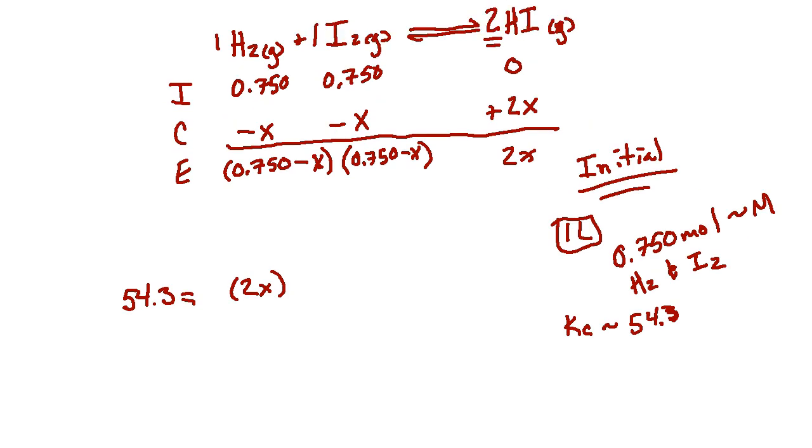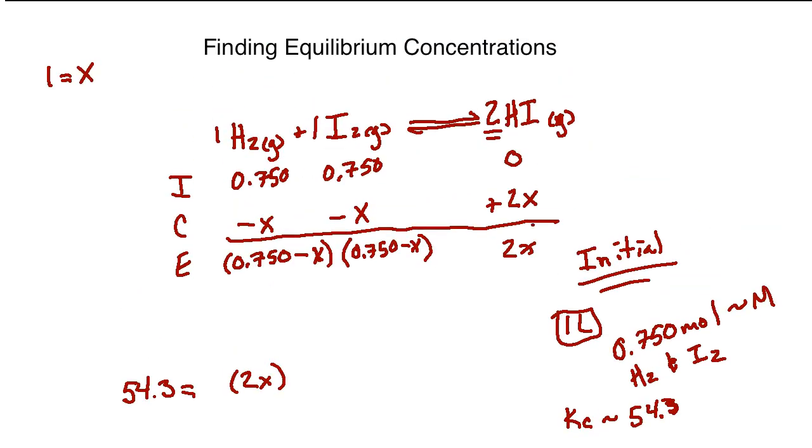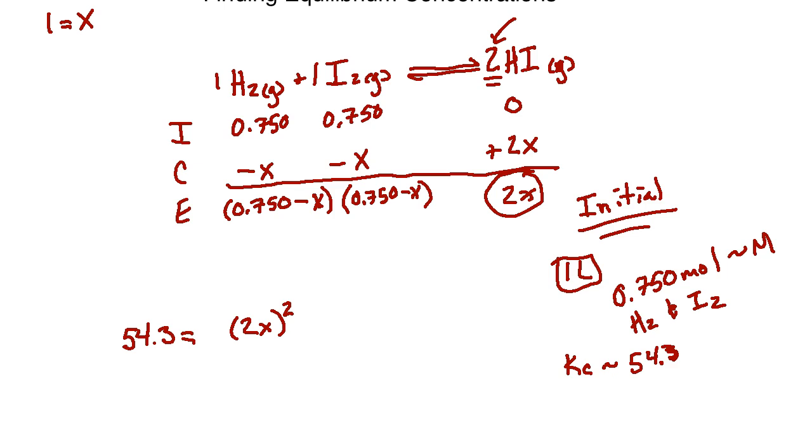So come back up here just so everybody's following, 2x. That's what we represent HI with at equilibrium. And because it's squared, because we have a coefficient of 2, we need to make sure that we have that in there. Then the products are going to be